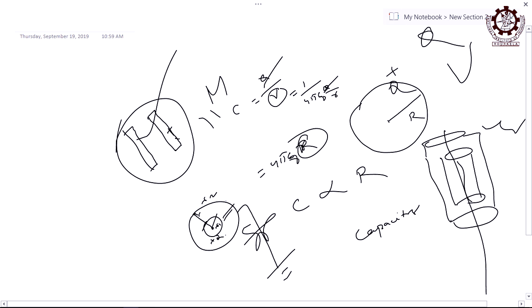Because in this case what you can find out, let us say this is your sphere A, this is sphere B, two spheres are there, right. One is A, other is B. So, now whose potential are you expecting to be more, V B or V A? Here is charge, there is also charge induced, the inner side is induced, the outer side is taken away, right. So, if it is positive charge, there will be negative charge, the same amount, right. Then is the potential of B more or A more? A is more.